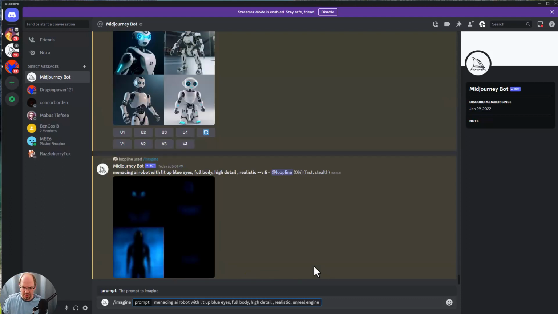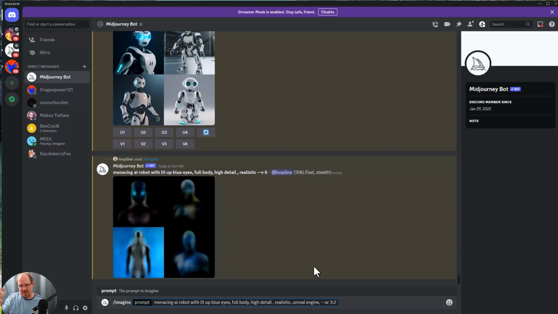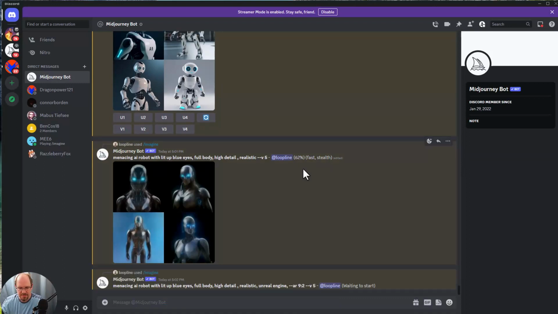Unreal Engine. Sometimes you don't know how these things are going to come out, and then I'm going to make it an aspect ratio of 3:2, so it's wider. Sometimes if you're trying to do a holistic image, it's nice to change the ratio. In version 4, there were only a couple of ratios you could do, but in version 5, I can get a crazy ratio. Like I could actually do 9:2. Let's see what happens here. This would be crazy. Be really tall.